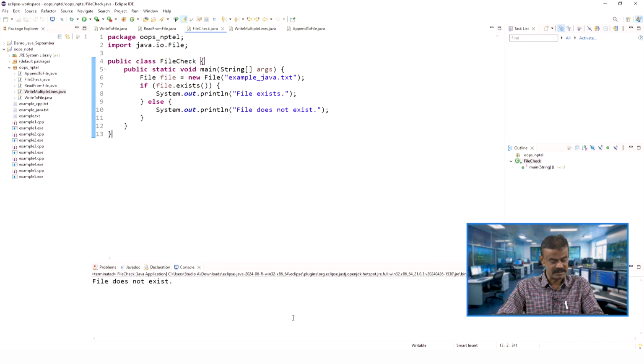So, if you look at line number 7, if file exists function, right, file is invoking the exists method. If it is existing, that means in the directory the file is there, in fact we had seen "file exists". And then what we have done, deleted. So, deleted means it does not exist. So, that will be false, and false means it will go to line number 10 and then we have got the print "file does not exist", correct. I hope it is clear for everyone, right.